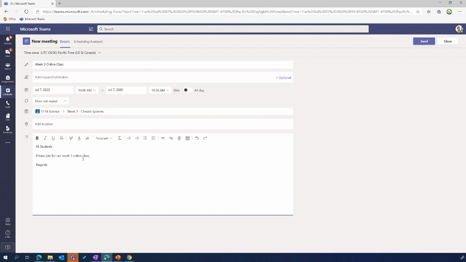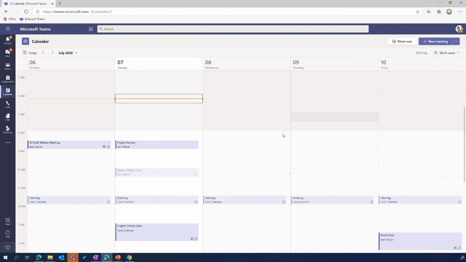Of course, normally I'd recommend adding a slightly longer description, but just for the sake of today, I'm doing a really quick, brief one. And this is all we need. I've left add location blank because we don't have a lecture theatre or a classroom. If we had a hybrid learning scenario, I could also include the room name in addition to the Teams meeting. And then I'll click send.